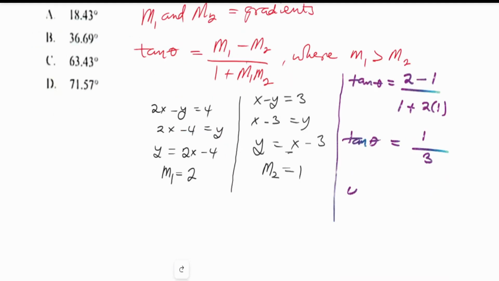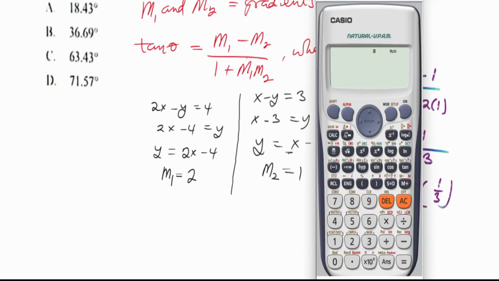And solving for theta, theta becomes tan inverse of 1 over 3. And then we just put that into our calculator. So tan inverse of 1 over 3, we go to shift tan, we use tan inverse, then we put our fraction sign, 1 over 3. I will close my parentheses always, and then we press equal to, and that gives us